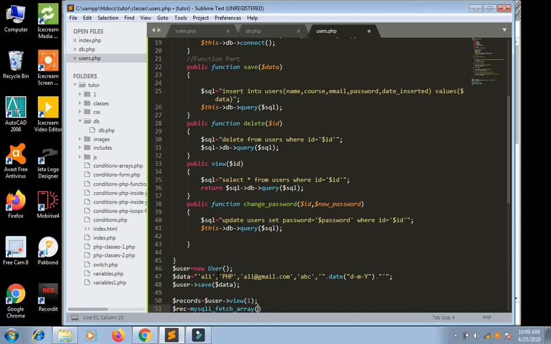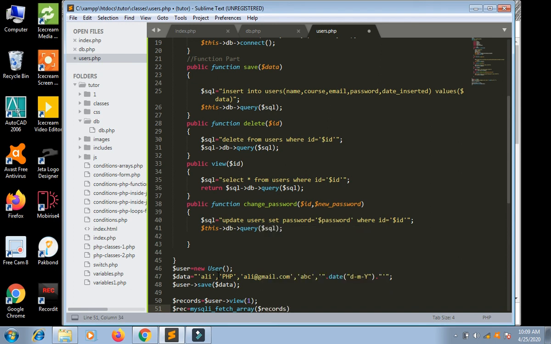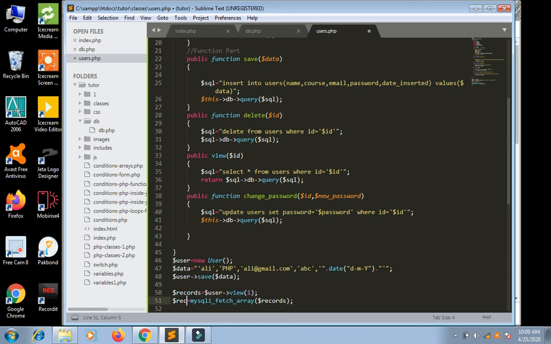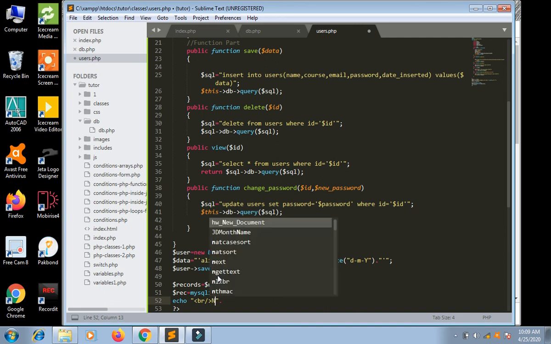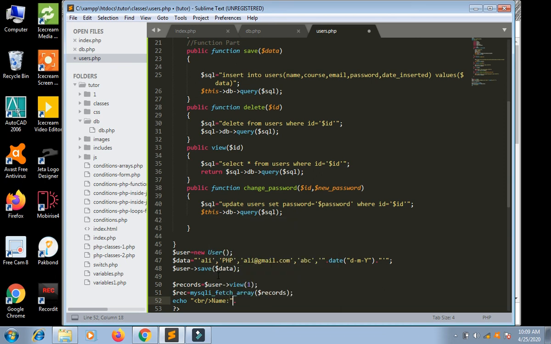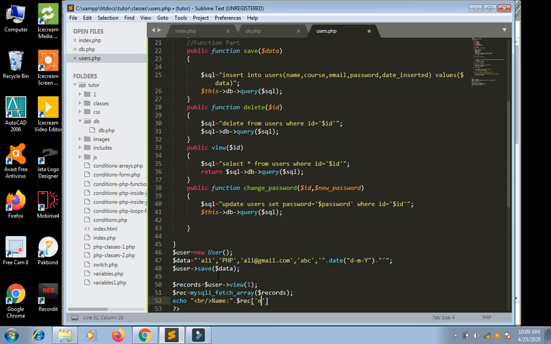We should have this function inside DB, but right now we are testing whether it is working or not. Fetch records, MySQL fetch records. This should give a record, and we should echo this record, br, and dot.